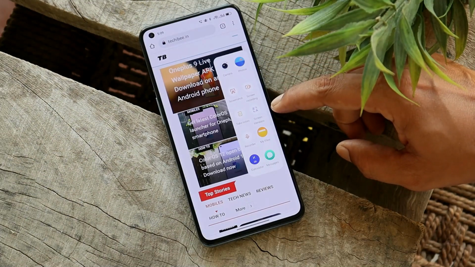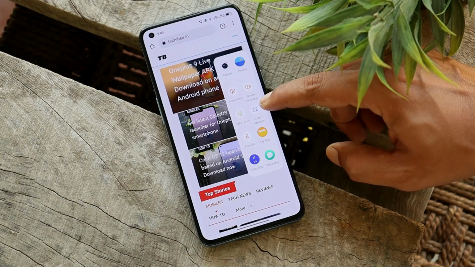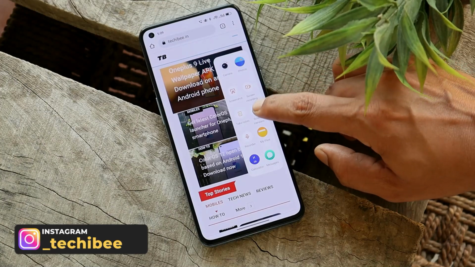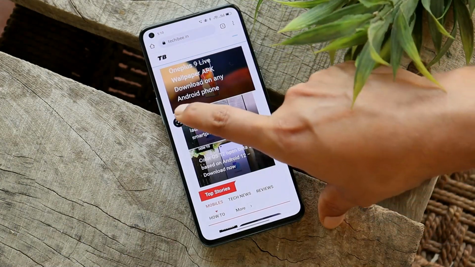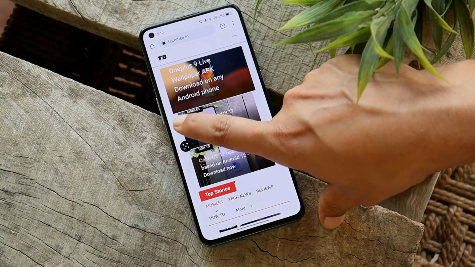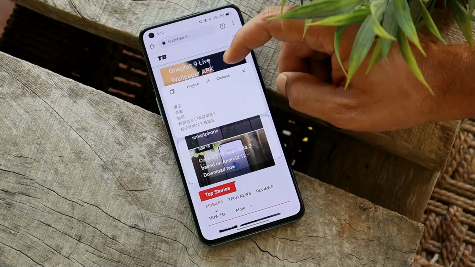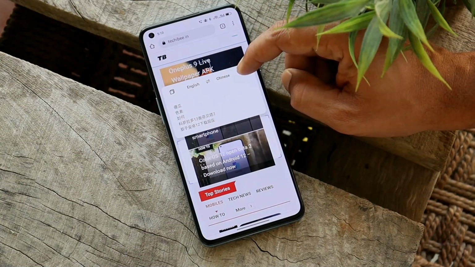And after that, there are a few more useful tools like Screen Translate. So if you want to translate anything from the web, just open the smart slide bar, tap on Screen Translate, and now just drag and adjust this frame depending on the content which you want to translate. And there you can see we have converted English language to Chinese. And what do you guys think? How useful is this feature?